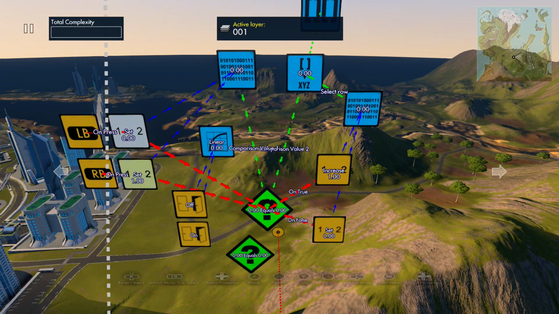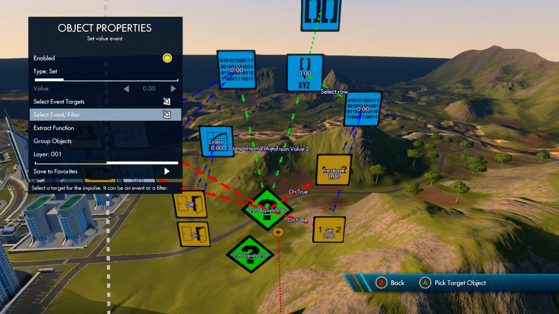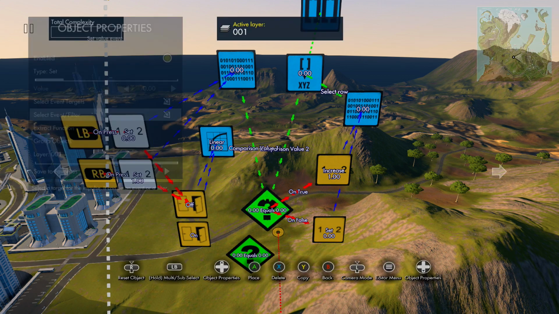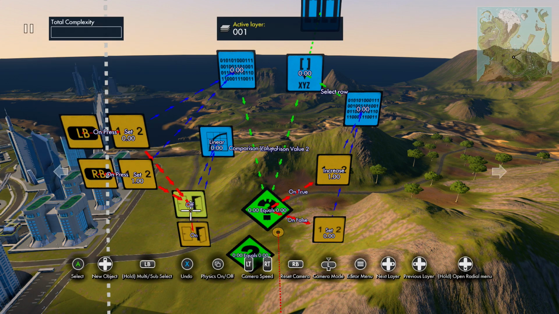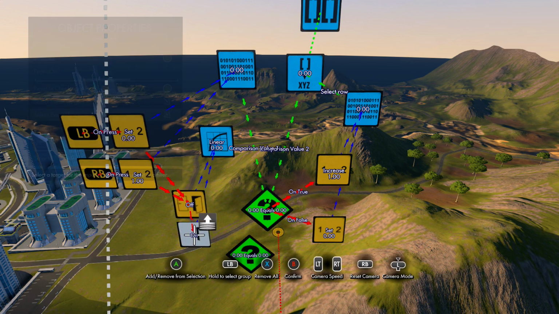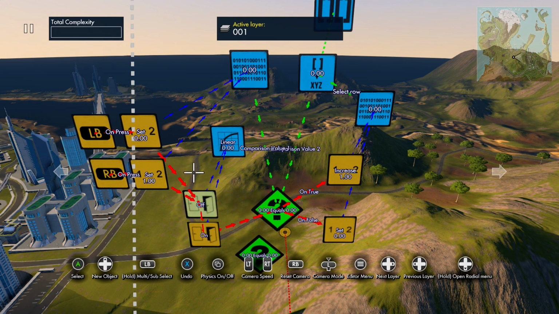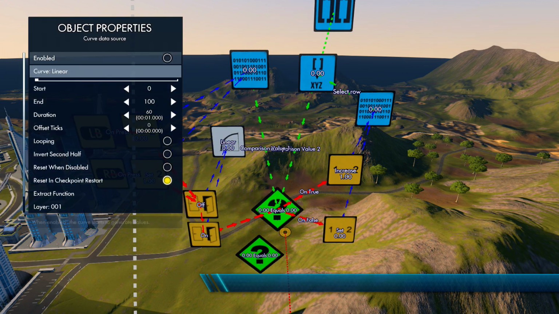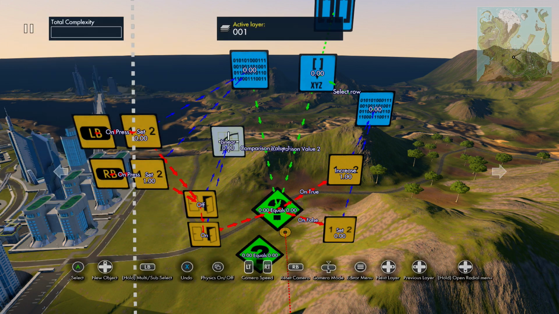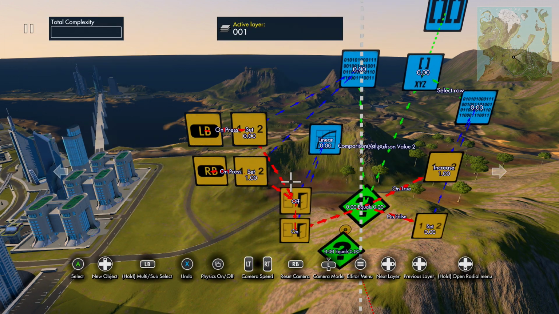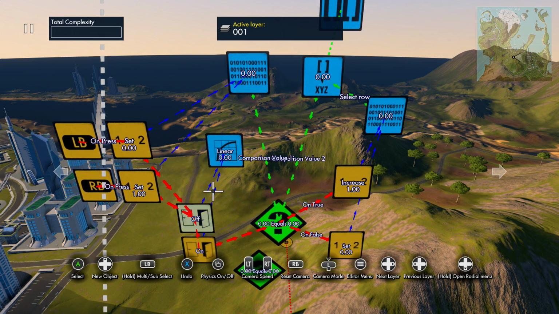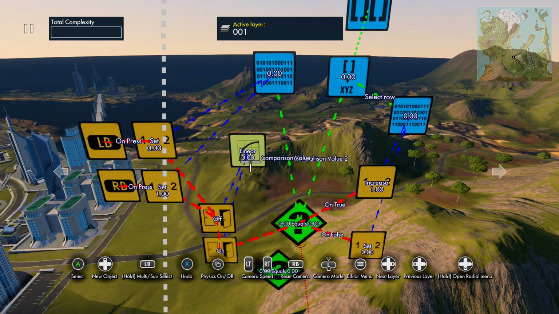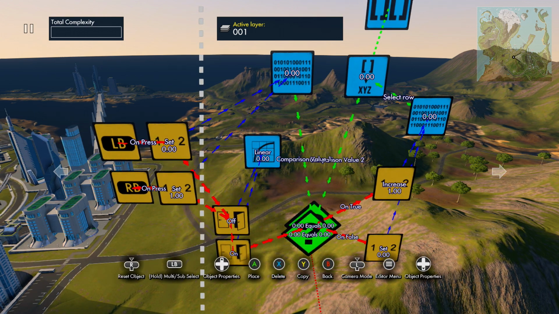Now, these two, instead of going straight to the generic filter, they're actually going to pass through this. So what that's doing is, it's resetting, well actually it's not resetting it because this needs to be disabled and it needs to reset when disabled. So basically when you press a button, it's going to turn it off, it's going to reset it, and then it's going to start counting up, and if it hits 100,